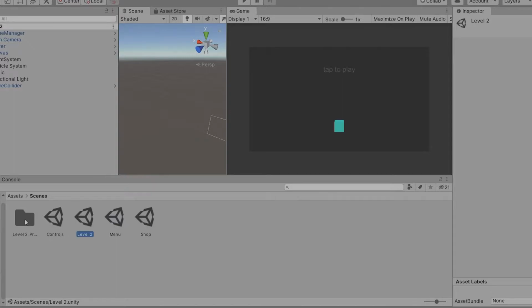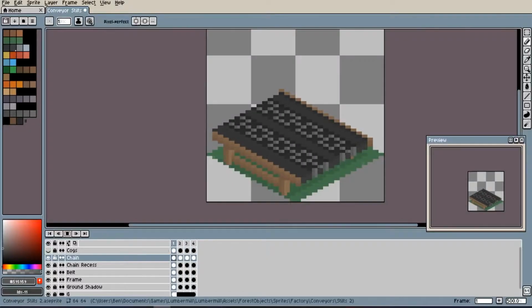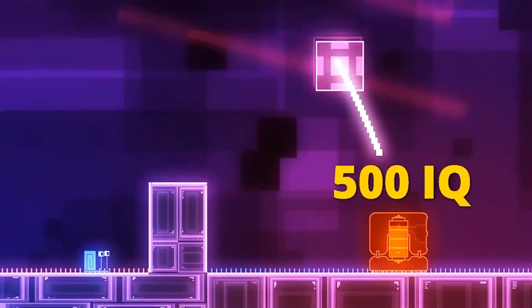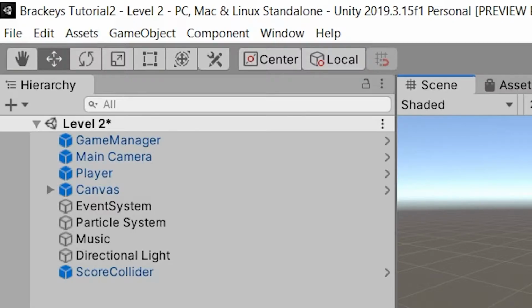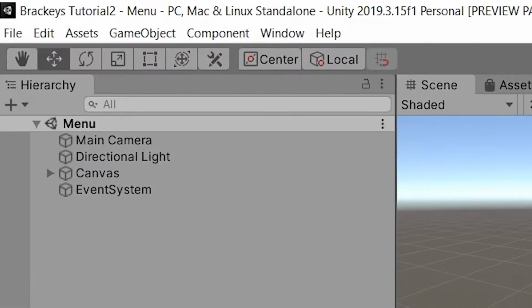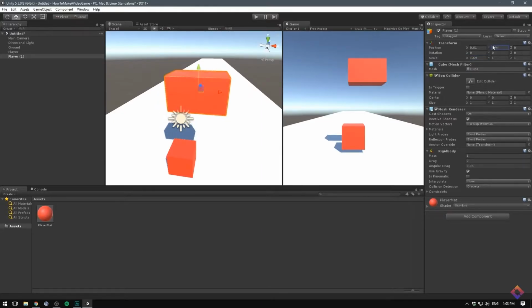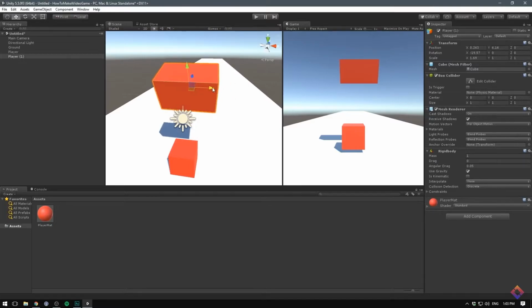So I had really no idea what I was doing, but I loved watching game dev videos, tutorials and devlogs of other indie game devs. It was so much fun that I just had to start. As you can see in the left upper corner, it says Brackeys tutorial 2. I started with a simple Brackeys project, Brackeys tutorial, and I started doing something like my own game out of it.